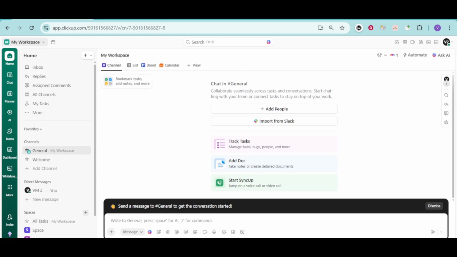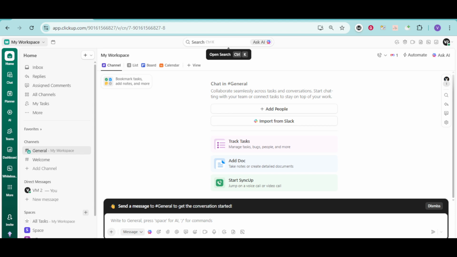At the very top of your workspace, you'll see a toolbar that runs across the screen. Right in the center of that top toolbar is what's called the command bar. This is the main place where you'll type in what you're looking for. Think of it as your universal search box inside ClickUp. Anytime you want to look for a task, a doc, a view, or even a specific word or phrase, this